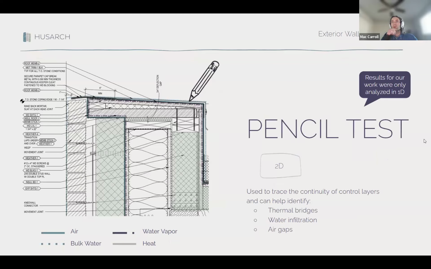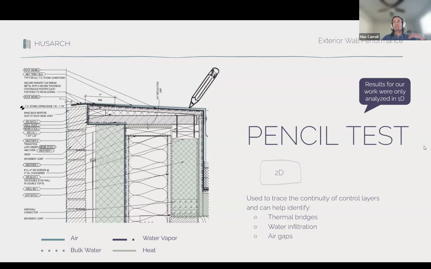Extrapolating that, it's still pretty important. Even though our study doesn't really look at the 2D analysis of these building systems, we still want to highlight that it's important to look at these in 2D. So one of the fundamentals of enclosure work is this thing called a pencil test,